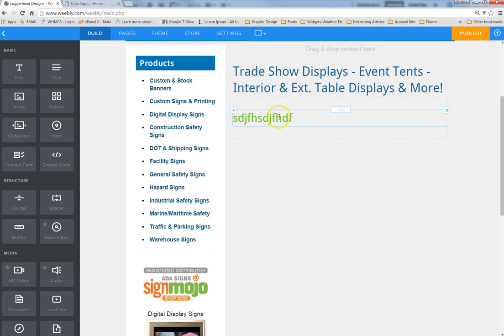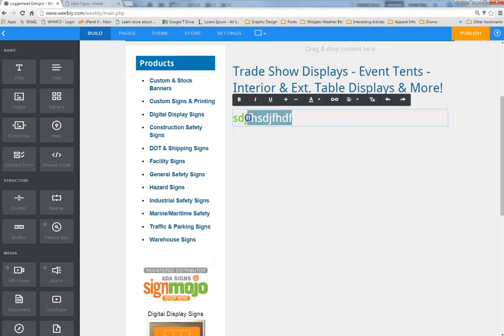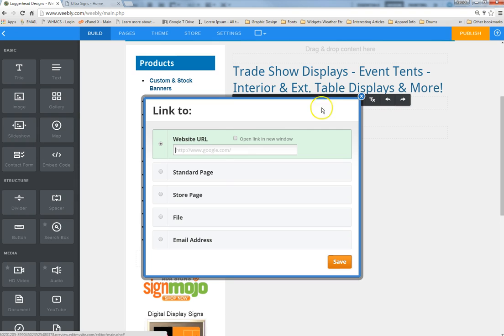And you can see now it's green. Okay, now this is a really important thing because your web page is set up with mostly just words and links that we're linking to certain items. So what we want to do is anytime we want to create a link, we'll highlight the text, click on this link button to create link, and then it's going to pop up with the option to either put